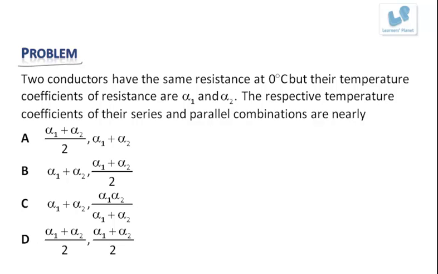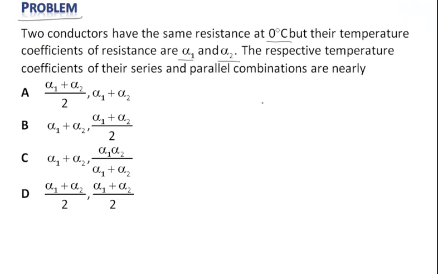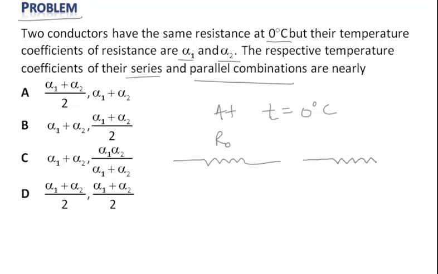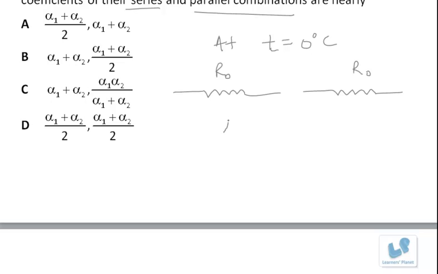Now the next problem is, two conductors have the same resistance at 0 degree centigrade, but their temperature coefficients of resistance are alpha 1 and alpha 2. The respective temperature coefficients of their series and parallel combinations are nearly. That means at T equal to 0 degree centigrade, the resistance, let us say, is R0 for both the resistors. Okay. Now, when you increase the temperature to T,